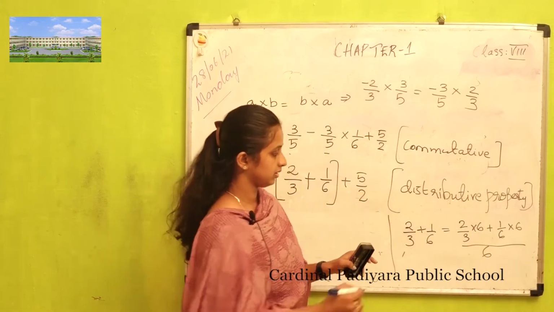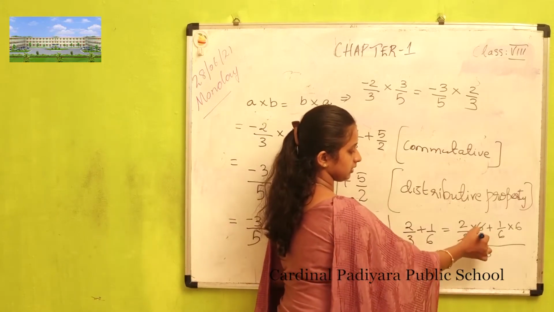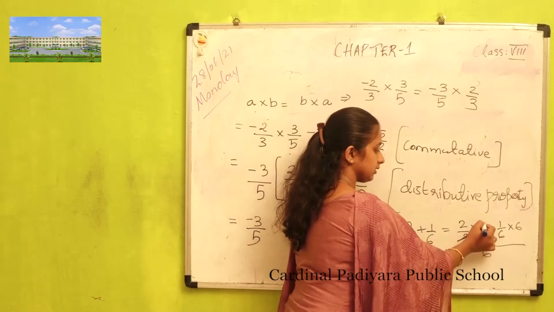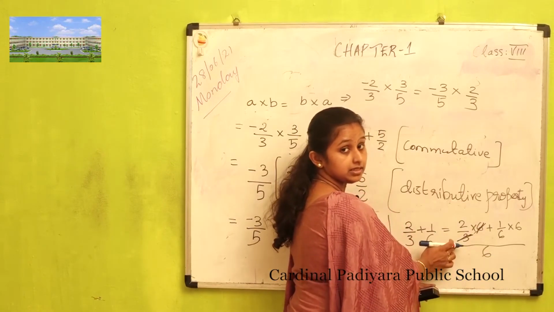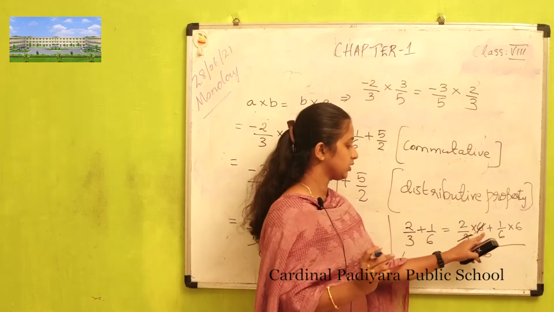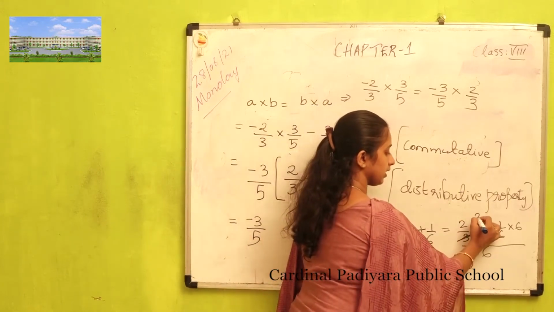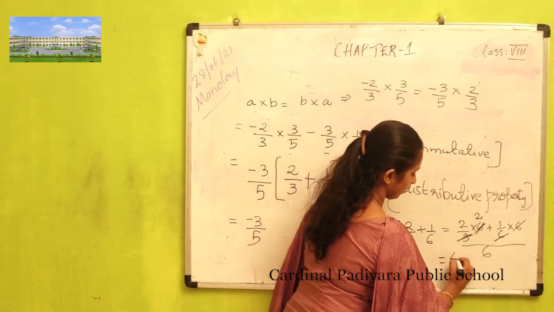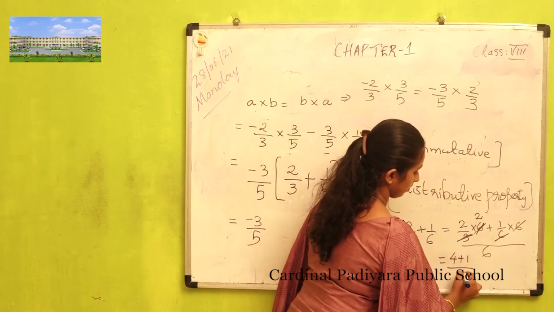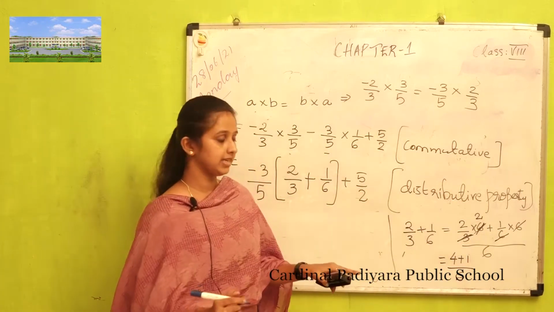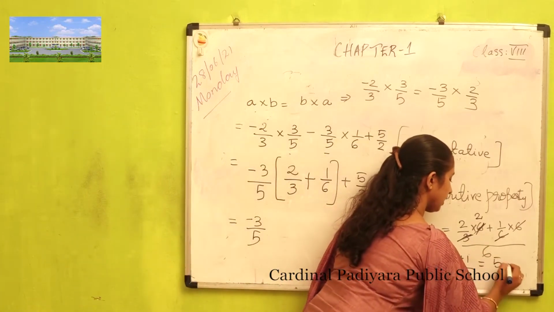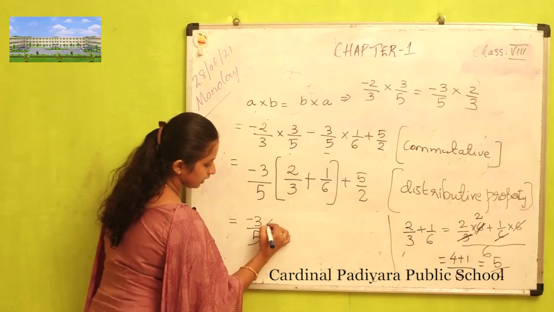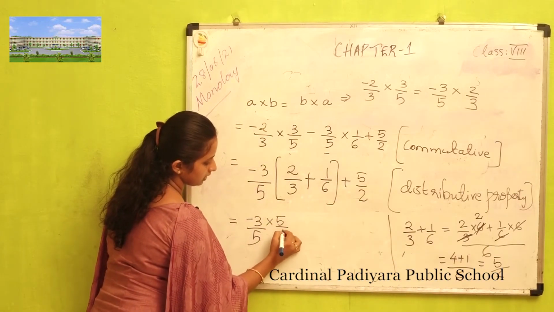So we are cutting this one. That is 3 into 2 is 6. So I can cut this 3, 2 times in 6. So when cutting we are getting 2. Here 6 and 6 get cancelled. That is 2 into 2 it is 4. 4 plus 1 by 6. 4 plus 1 by 6 is 5 by 6. This we have to do in the working column. And now I am writing the answer here, into 5 by 6.